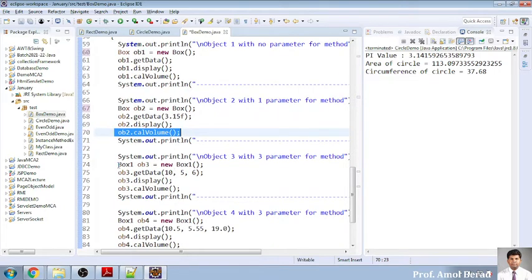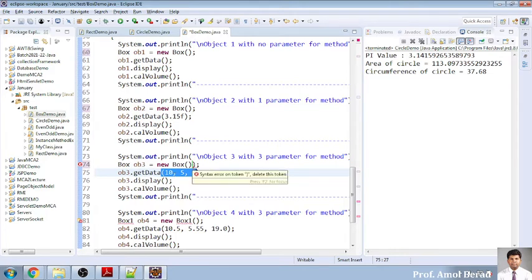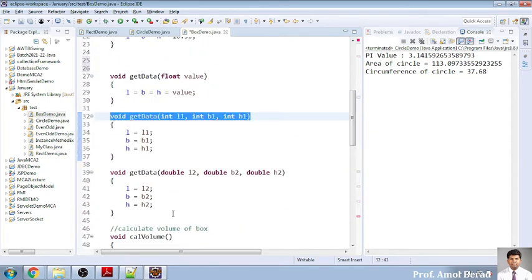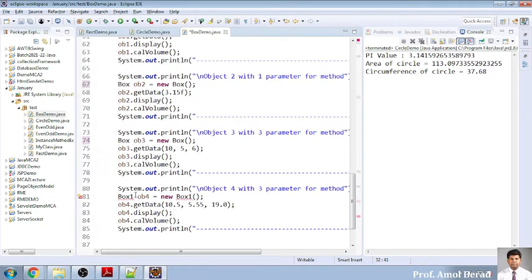Okay, same with one more class, that is box 1. Box will be calculating area for 3 integers. Again it will be going up, sorry. It will be moving up and checking for this integer, so this will be assigned to the third object. And the fourth object will be for the decimal points.